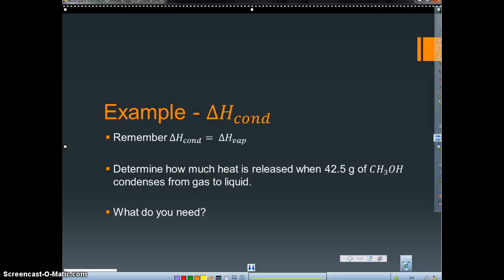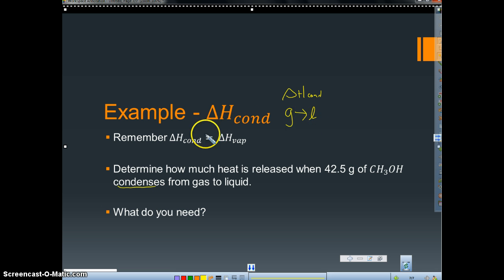Okay, so let's look at another example, a different delta H situation. So remember, delta H is just the heat given off or taken in depending on what we're doing. And this particular example focuses on delta H of condensation. So if something condenses, that would be listed in the problem here, for example, that will deal with delta H of condensation. And basically what we're doing is we're going from something as a gas and we turn it into